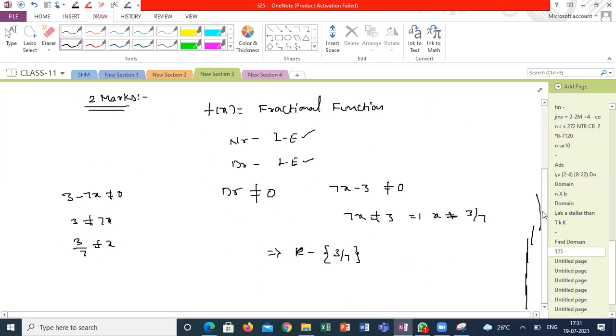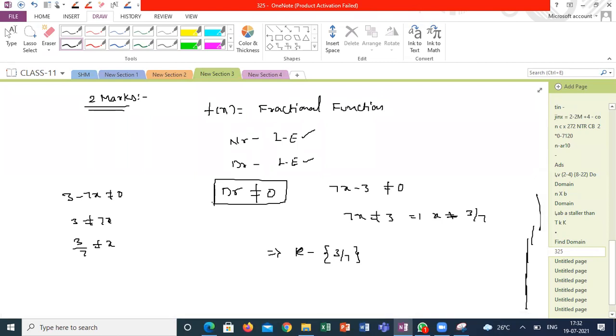Understood, sir. Got it? What I'm saying? See, our aim is what are the conditions, at what conditions it can't be. Here, without root, for whatever the expression it is, denominator can't be 0. That's it. For both, you will get the same domain here. Same domain is possible now.